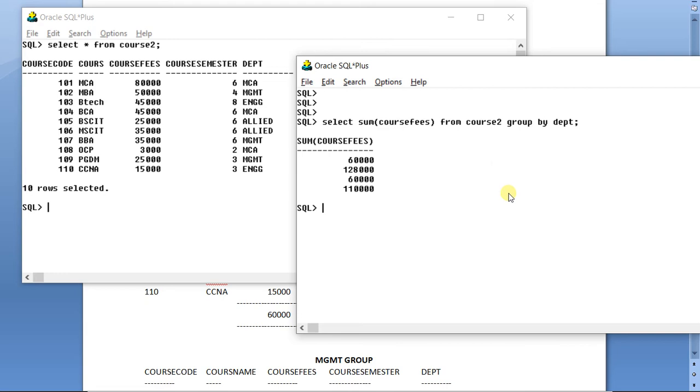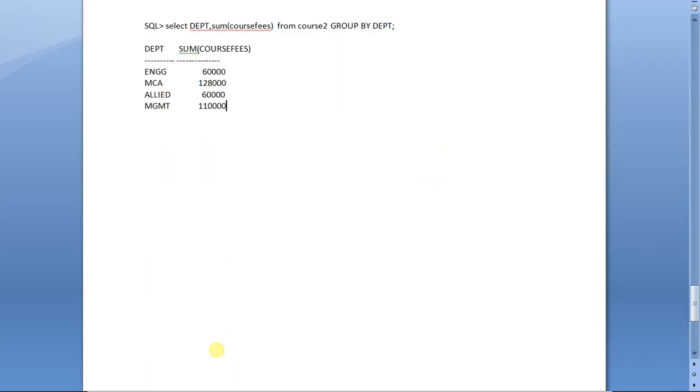There are 2 points we need to remember in case of group by. Whenever you are using group by in your query, let me write it. In case of group by, you can give only the following 2 things after select.